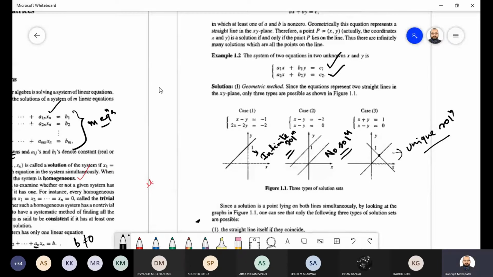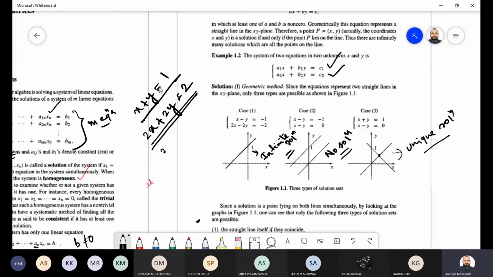Okay. So infinite number of solutions means those two straight lines are nothing different. They are actually the same straight line. How can you see? For example, you can see x plus y equal to 1, and another line 2x plus 2y equal to 2. So what have you done? Only multiplied by 2. Actually, these two straight lines look different, but they are the same.